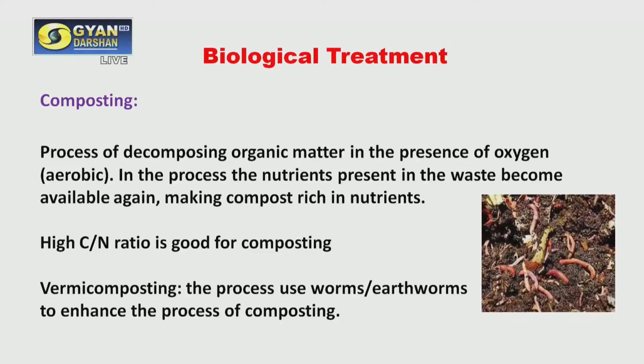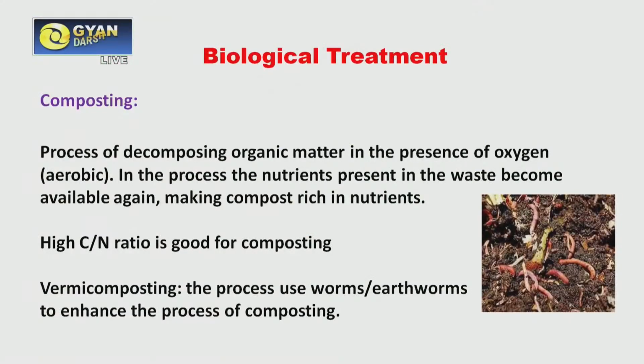One of the most common methods recommended for agricultural waste or kitchen waste in our country is biological treatment. This is composting, which can be done at our homes also, because 60% of the waste being generated from the various sources is mostly biodegradable waste. So biodegradable waste can be subject to composting.